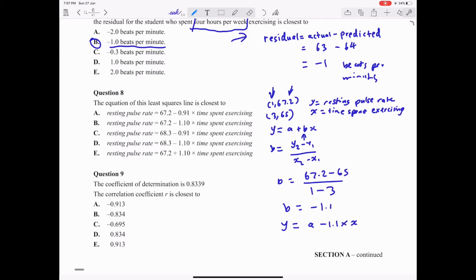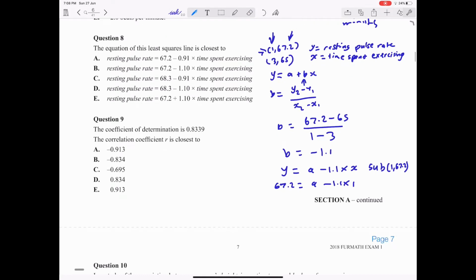I'm writing x and y for short, just to save time in writing. But we know that the y value is the resting pulse rate and the x value is the time spent exercising. So if you sub one of the points over here into this equation, you'll find the value of a. So let's just sub 1 and 67.2 into the equation. So 67.2 equals a minus 1.1 times the value of x, which is 1. So if you do that on your calculator and solve for a